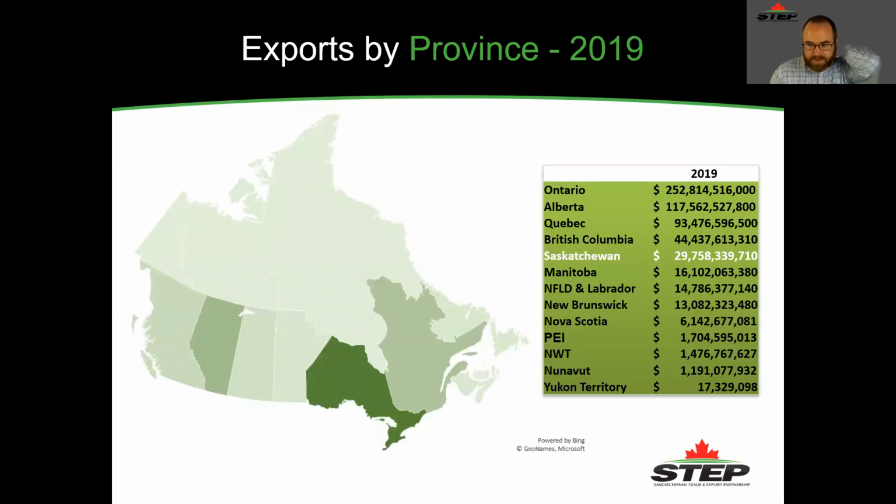So Saskatchewan and exporting. Saskatchewan is an exporting province. In 2019, we exported just under $30 billion in exports. If you compare that to other similarly populated provinces such as Manitoba and Nova Scotia, per capita we are a major exporter. This year, our exports are going to go up a few percent based off positive commodity prices in the ag sector.